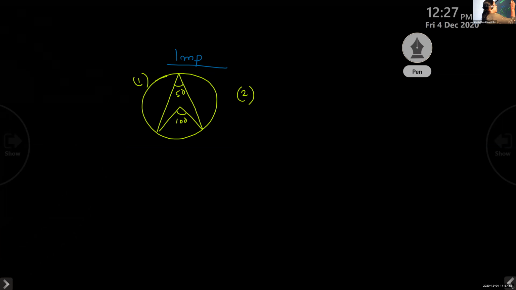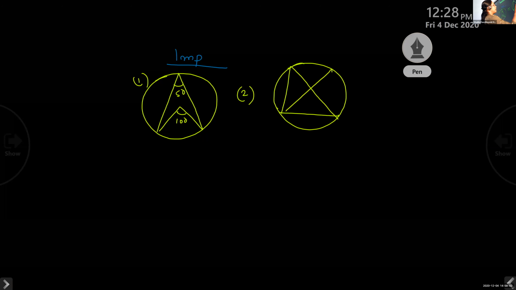The next important one is angles in the same segment are equal. We have drawn this like this. Do you remember this type? If one is 30 degrees, this also will be 30, this also will be 30, this also will be 30. Angles in the same segment are equal. Clear. Then the third one is